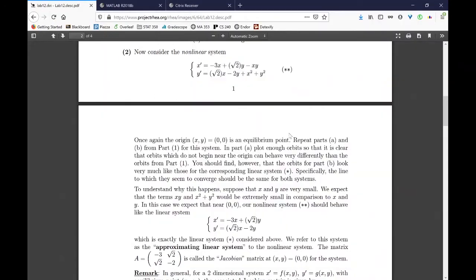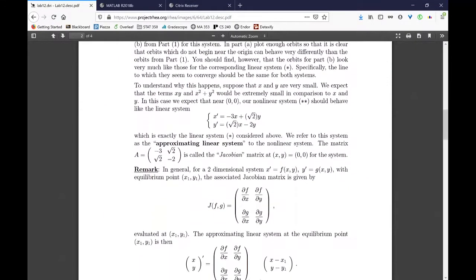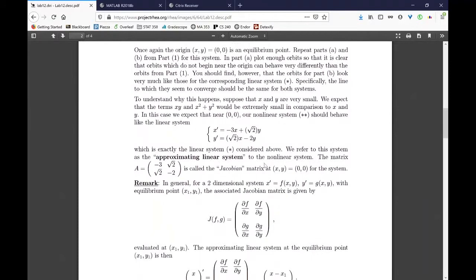Now, why would this be? Well, there's an explanation here, right? So suppose x and y are very, very small, and in our case, very small works out to be 0.1, I guess. And we expect that the terms xy and x squared plus y squared would be smaller in comparison to just x and y, right? So if we had 0.1, we would see that xy is equal to 0.01, which is an entire order of magnitude smaller. So near 0, 0, our nonlinear system should just behave like our linear system